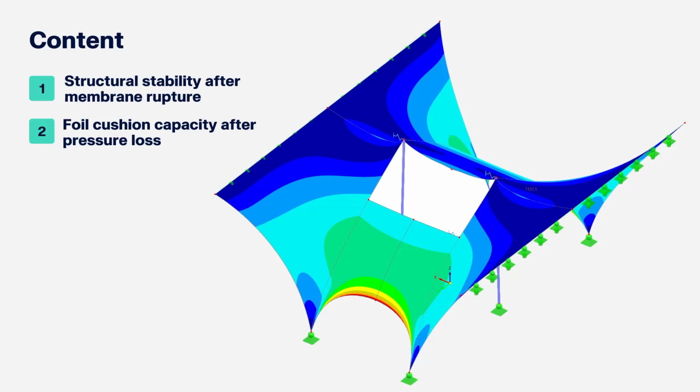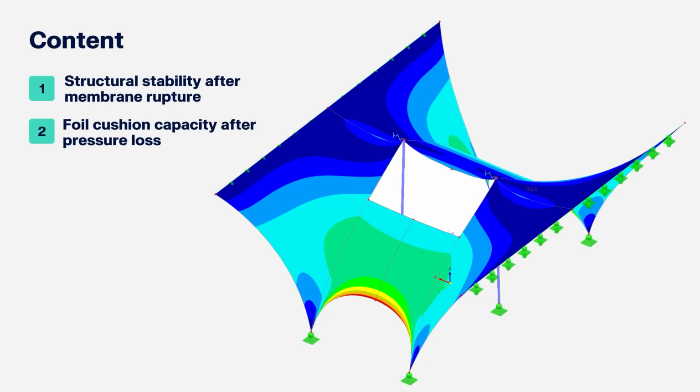We're going to lose the stiffness of one of the panels and are going to analyze how this affects the rest of the structure. And the second model I brought is a foil cushion that loses its inner pressure and therefore becomes prone to ponding loads, for example. And yeah, this will be the second